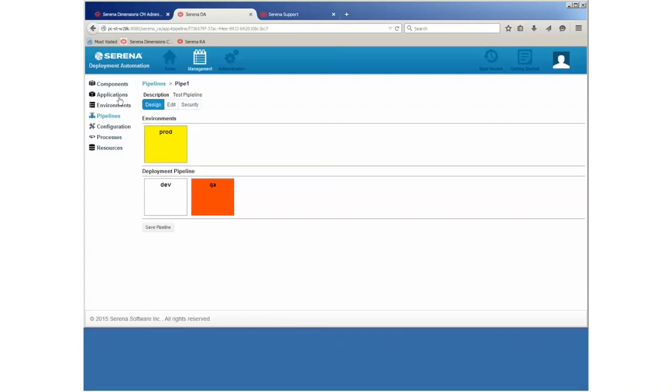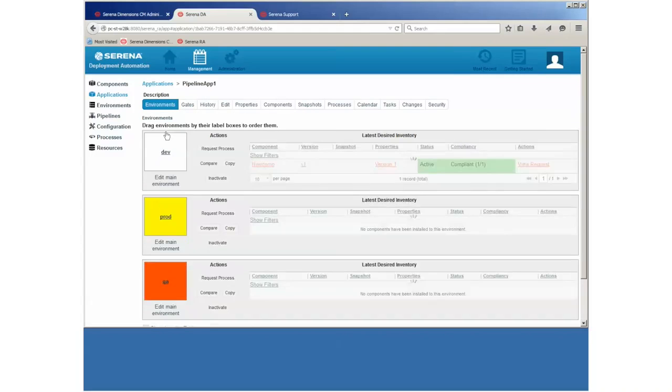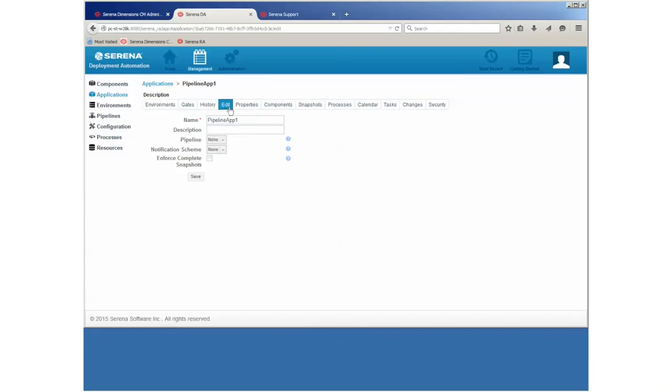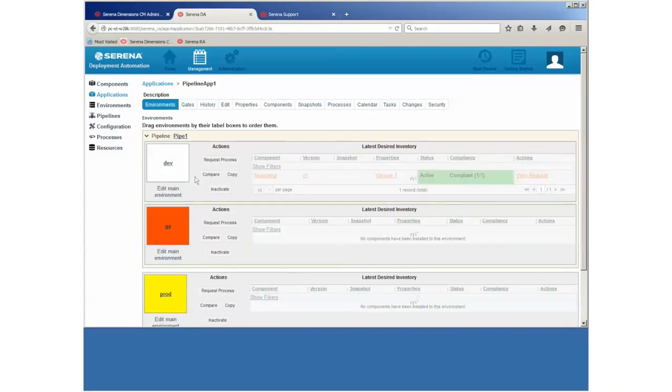And if we go back to the application, we can now specify this new pipeline that I've created. And immediately we can see now what a pipeline achieves. The Pipe 1 pipeline has now collected together these 2 environments, which means that we can deploy across these 2